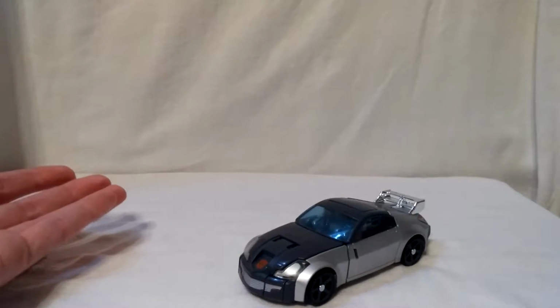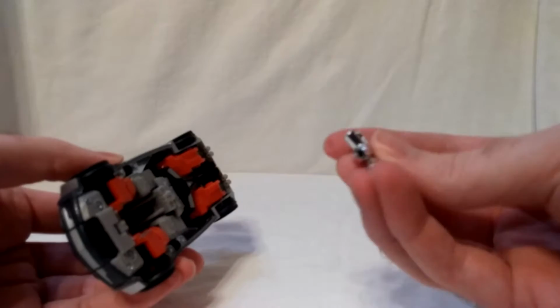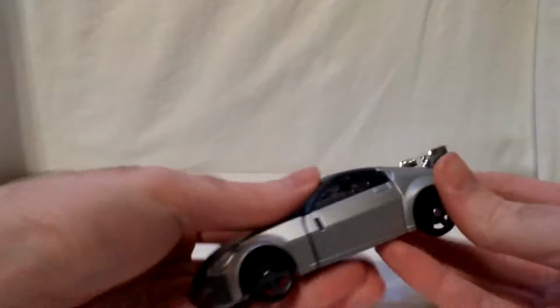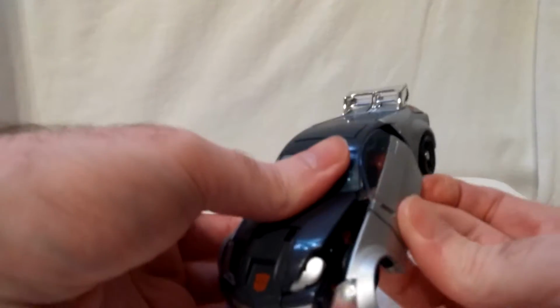But yeah, it's based loosely on a Nissan 350Z, or Z, if you want to call it that way. But yeah, see, the gun comes out real easily. So I guess we'll go ahead and go to transformation. Yeah, the gun comes out, no big deal. From here, you want to pop out each side. This is the thing. These ball joints, I'm noticing, on mine in particular, I'm not sure if it's like this,